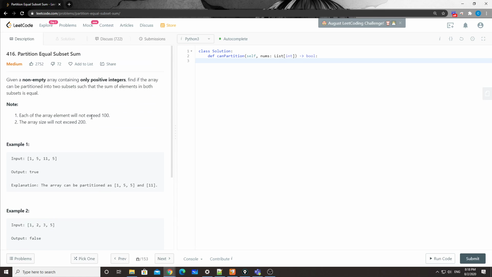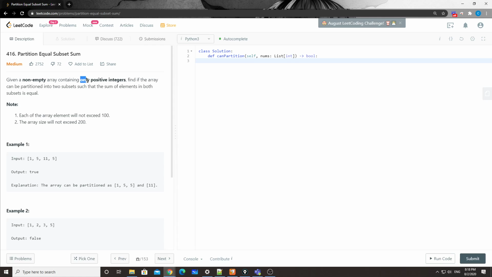So how can we solve this problem? If you think about it a little bit more, it's actually a very typical 0, 1 knapsack problem, or the 0, 1 backpack problem. Why is that? Because